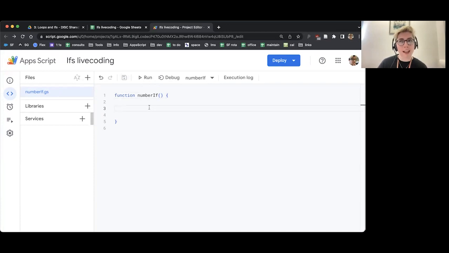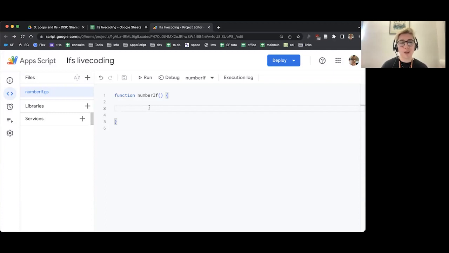So the reason I keep saying the word if is because that is the terminology we use. That is the word you use in AppScript to create one of these conditions to check if something is true or false and do some code if it's true and optionally some code if it's false as well. So ifs are really useful for checking to see if things need to happen. They're really good combined with loops, so you can loop through data, and if the data matches a certain condition, you can do one thing with it, and if it doesn't, you could do a different thing, or you could do nothing with it. Ifs are really powerful things.